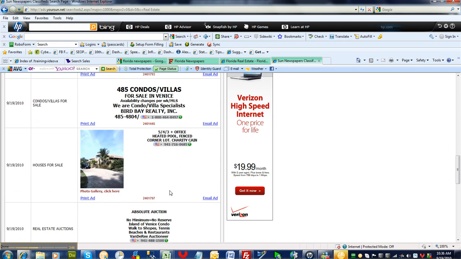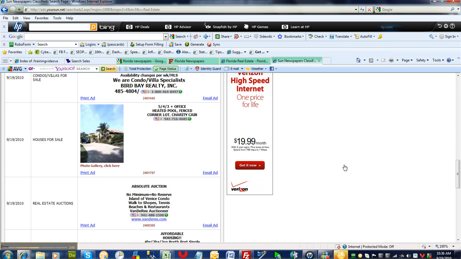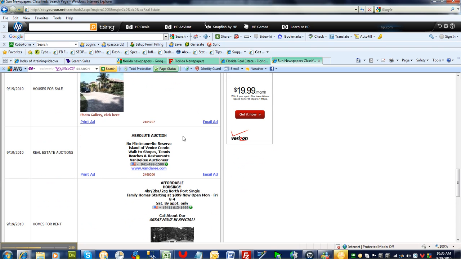call these numbers, make a list of the people that you call, like an Excel spreadsheet, saying that you called 94176 whatever on a house for sale, and then this was the description of the house. You call real, absolute auction, and then the auction company. They might say, okay, we're only auctioning companies, or we're only auctioning homes. You can tell them, yeah, we're still interested in those, but if you could have one of your staff members basically go into our RF Submit site and place their information in